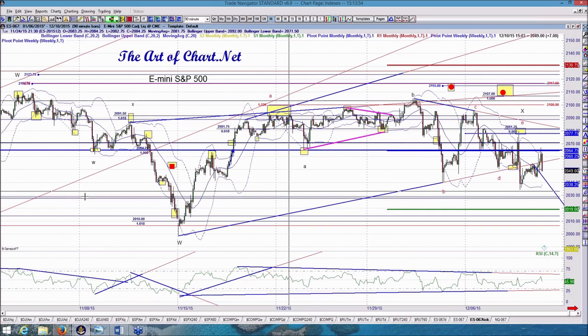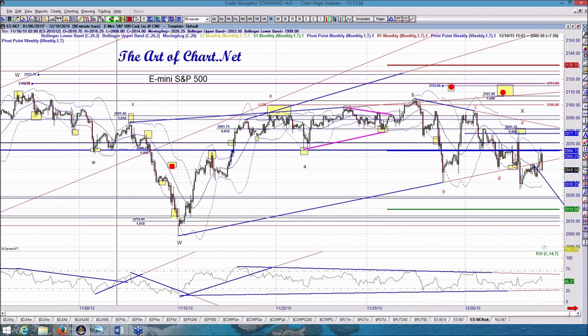Now let's take a look at a retracement pattern. Let's look at all of the legs in the E-mini here. This is a wonderful, wonderful example that we can learn from. Now, first of all,